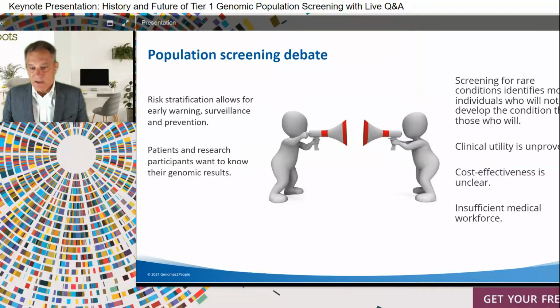So why isn't it done? Why isn't it obvious? Why isn't your doctor saying to you when they first establish a practice with you or with your children, let's get your genome done, or let's get a certain panel of genes done to screen you? And as many of you know, the debate hinges around the question of clinical utility.